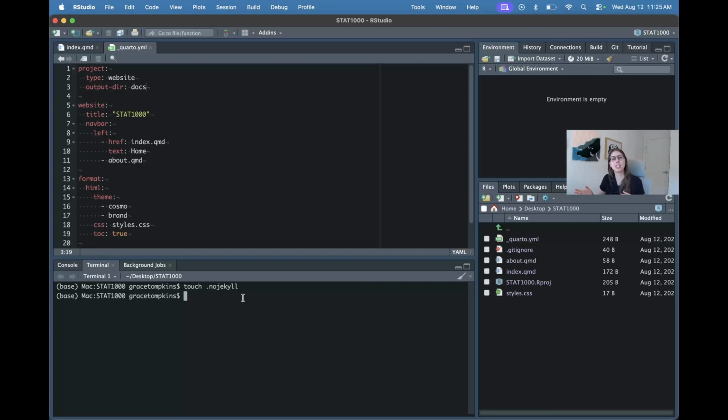And when GitHub sees it, it's going to be like, okay, you want me to disable this feature. Staying in that terminal, let's actually render our website. So we're going to build our website. I haven't actually changed anything much, but let's just see what this template website looks like. So if I do quarto render,